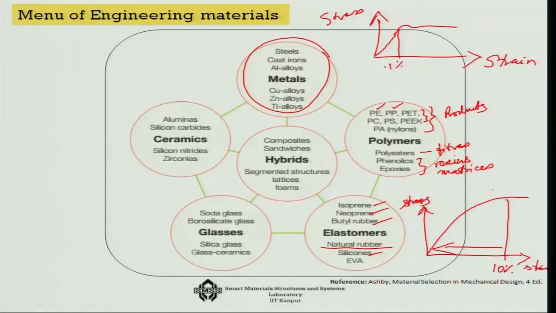Now, the other side of the pentagon is actually ceramics and glasses. Often we talk about them together, but they are not really together, because ceramics, as I will tell you at a later stage, have a very regular crystal structure. On the other hand, glasses are completely amorphous, they are very irregular in terms of their structure. So, that is why ceramics and glasses, even though both of them are very similar as per your daily experience, you can see that if you put a glass bottle,